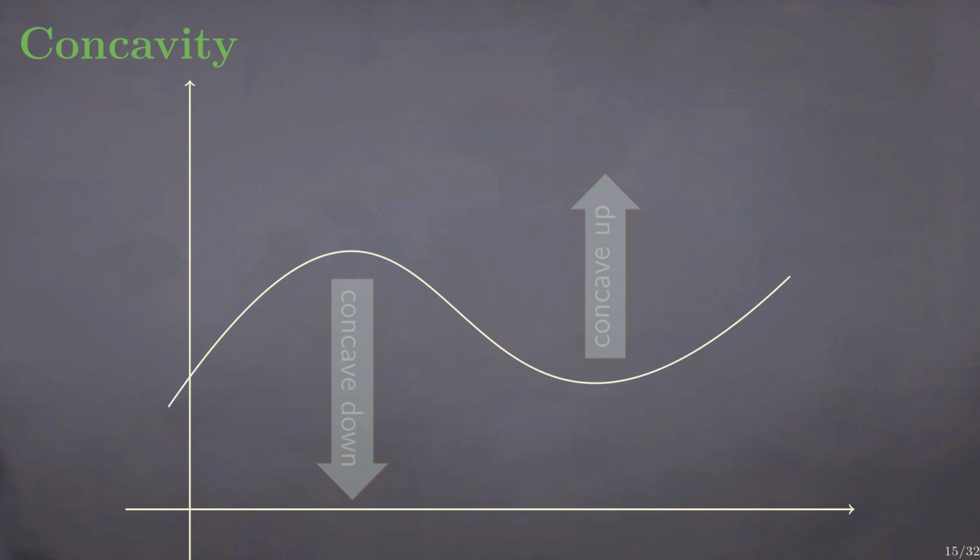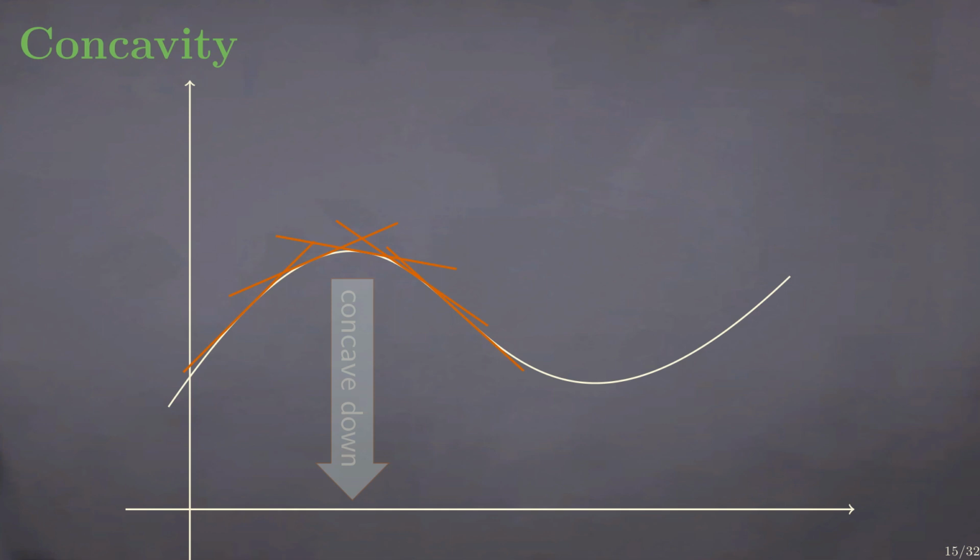Now, intuitively, concave down means that the graph of the function actually looks like a parabola that opens down, right? And concave up is where we see the graph behaves like a parabola that opens up. And for concave down, well, if you consider the tangent line to the graph from left to right, in the region